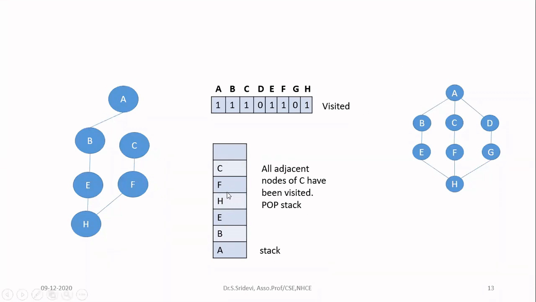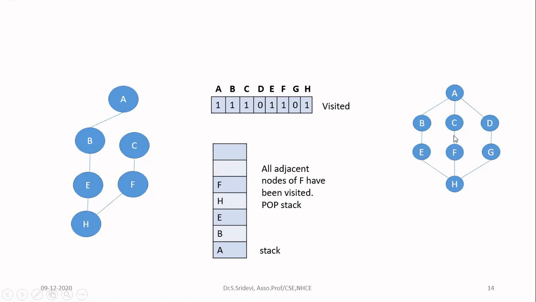You have to check whether you can go from that particular node. So for that, since I have done everything with C, I have to pop C from the stack. So far, we have only pushed the elements onto the stack. Now, you will know that from C, you cannot go to any other node further. You have reached the depth, so you have to now pop it. So pop the stack now. Once you pop the stack, C will be removed from the stack. Now you have on the top of the stack F. Now go and check the neighbors of F. So I am going to F. I am going to check the neighbors of F.